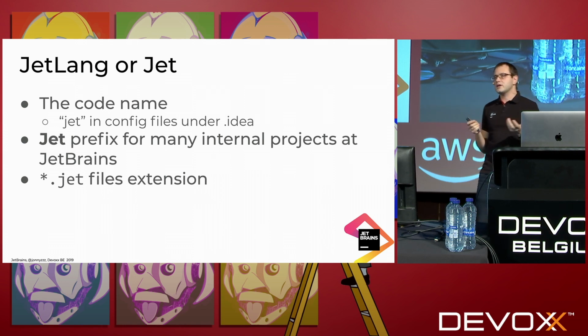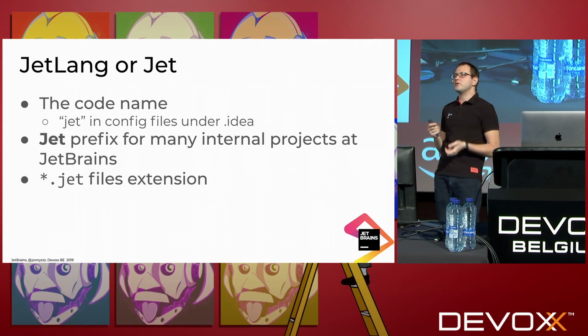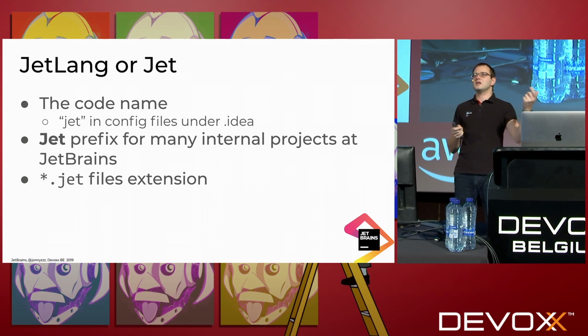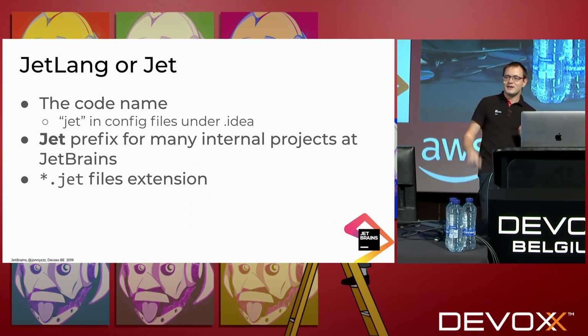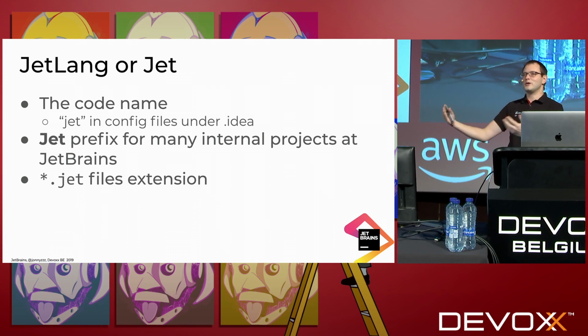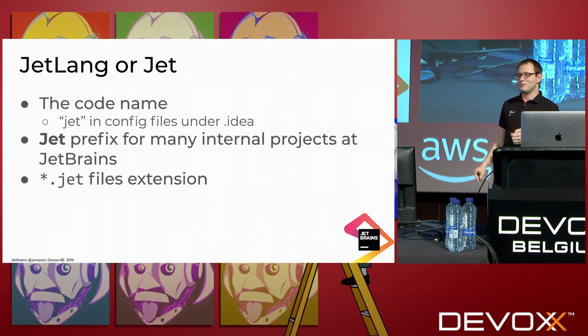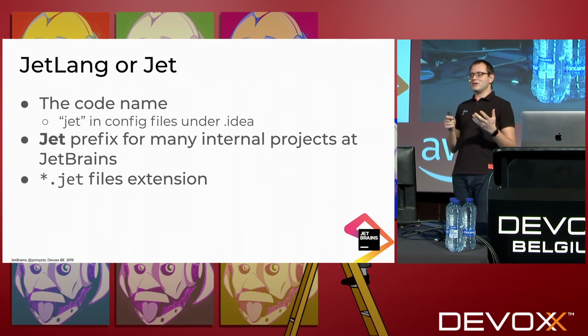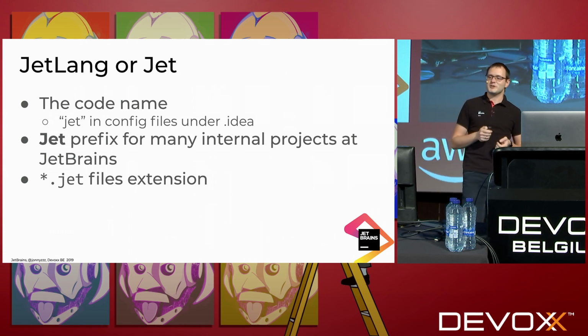Well, and yet another thing about the culture at JetBrains, we tend to have the Jet prefix for anything we start inside. The Jet launcher, Jet registry, Jet food, and so on. The Jet food is where you have food and meals in the office, right? It's not a software project. Well, and by that time, the experimental extension was Jet for this language. Well, that's kind of a culture.